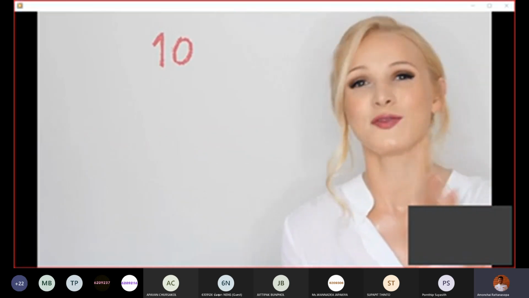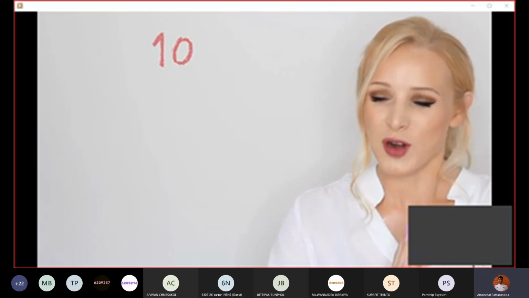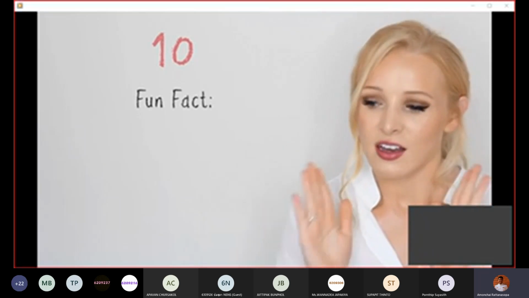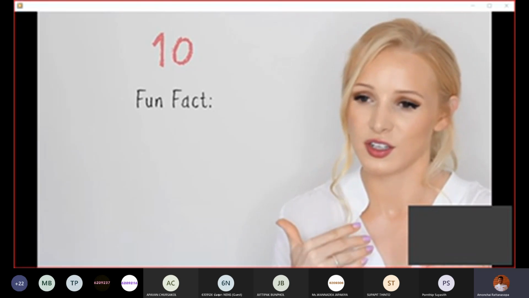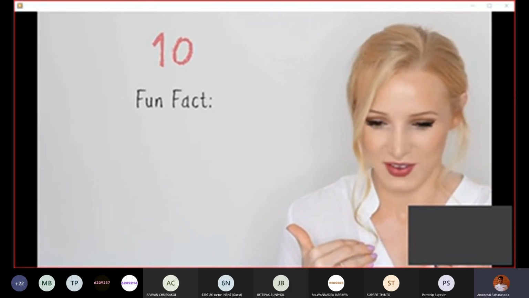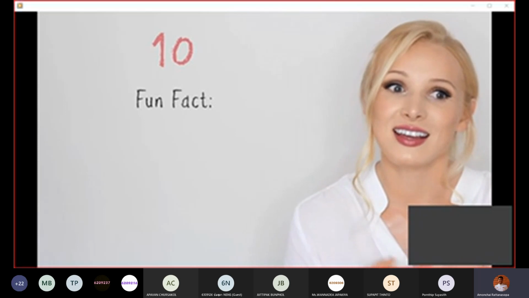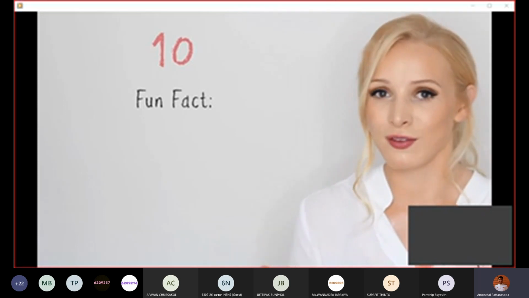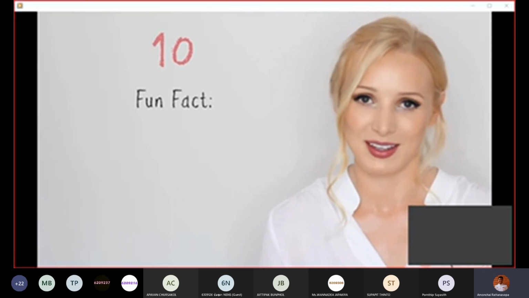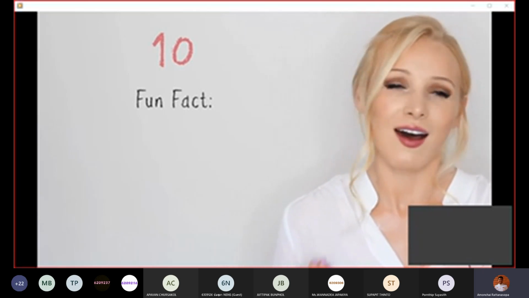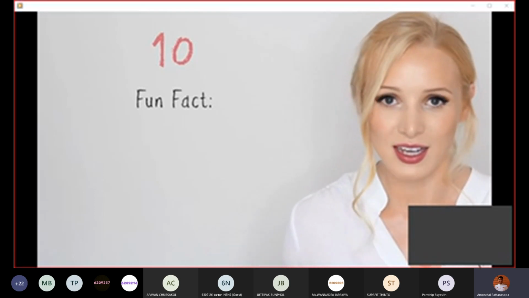Now, the last point in this vocabulary section of the lesson, I want to talk to you about the dreaded fun fact. I've been to a lot of events, I've been to a lot of conventions, and I've had to introduce myself in a lot of English classes. And something that teachers and speakers love to ask you to do is give a fun fact about yourself. I must admit, I have asked my students to provide a fun fact about themselves.